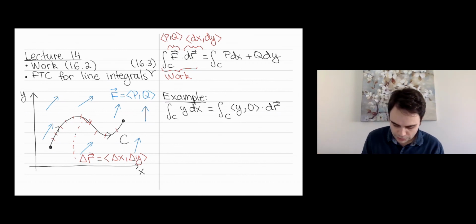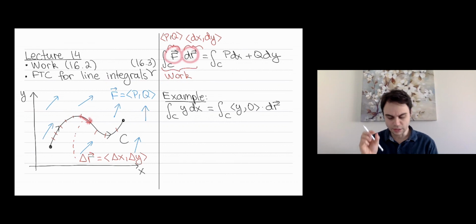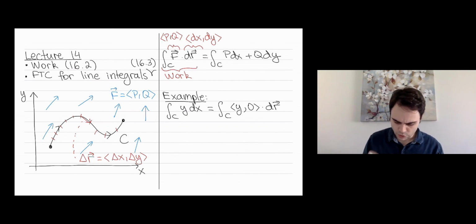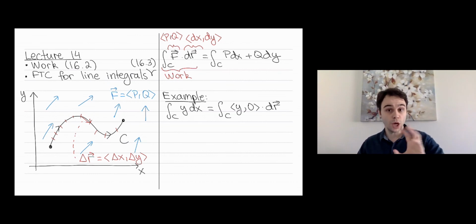So what we're doing here in this integral situation is basically the same thing. We're multiplying the force times an infinitesimal displacement, because our trajectory is not a straight line, but it's curved. So we work with a magnifying lens. We take the dot product, we multiply the force by the displacement, but we do a dot product because